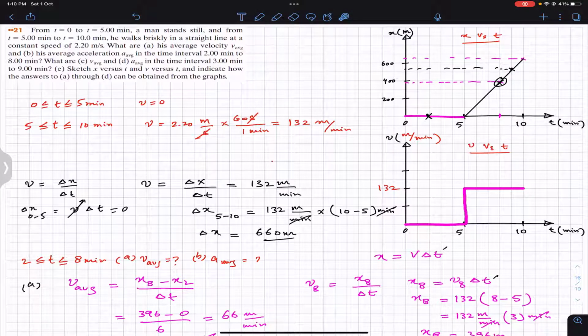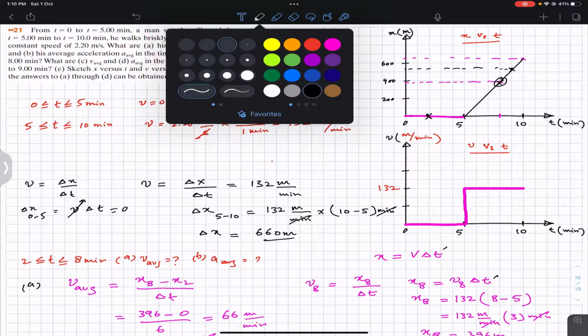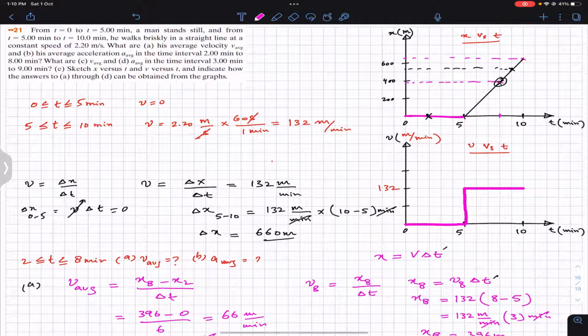Now we need to join both of these points to find the average velocity. So let me join both of these points by a straight line. So the slope of this line will give us the average velocity for part A. Let me write that this is for part A. So how to find the slope? Again, for part A, using the graph,